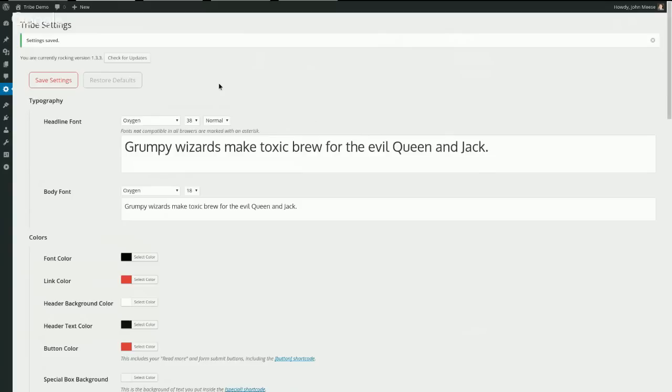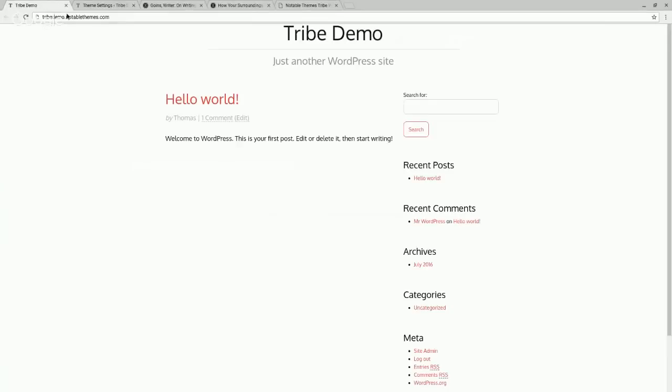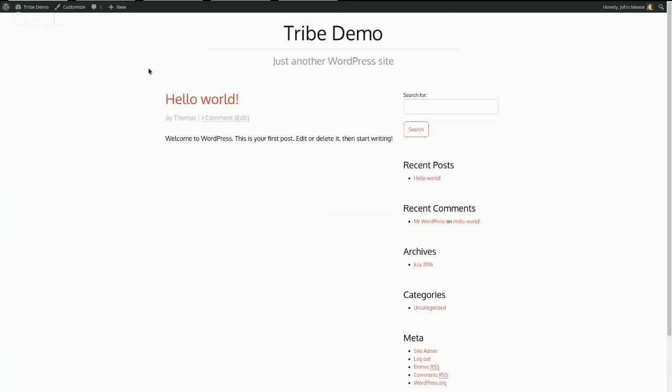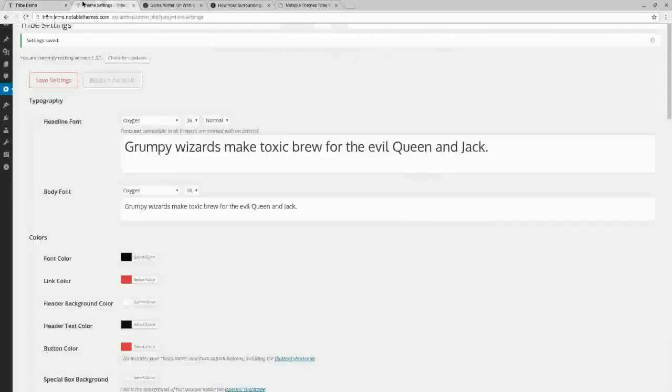installed Tribe Theme, and we've done no customization up to this point other than putting a couple API keys to do things like update the license. So we're at the very basics here. We haven't actually added any of the settings. And if you were to look at the front end of this website, it's pretty basic. But in this demo, I want to walk you through these settings and show you how easy it is to